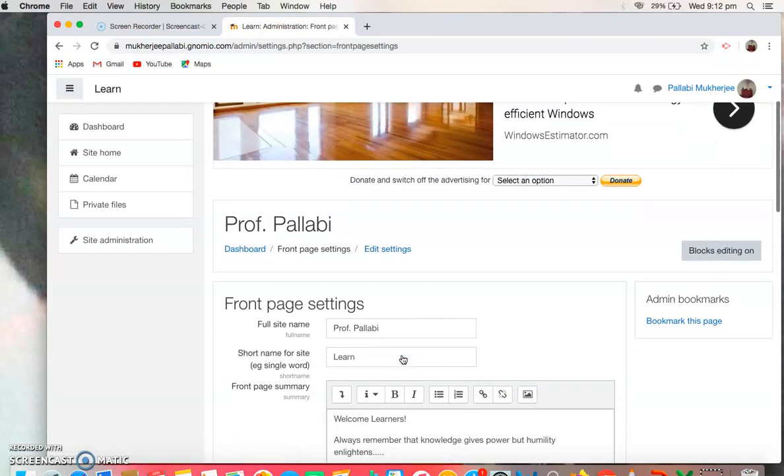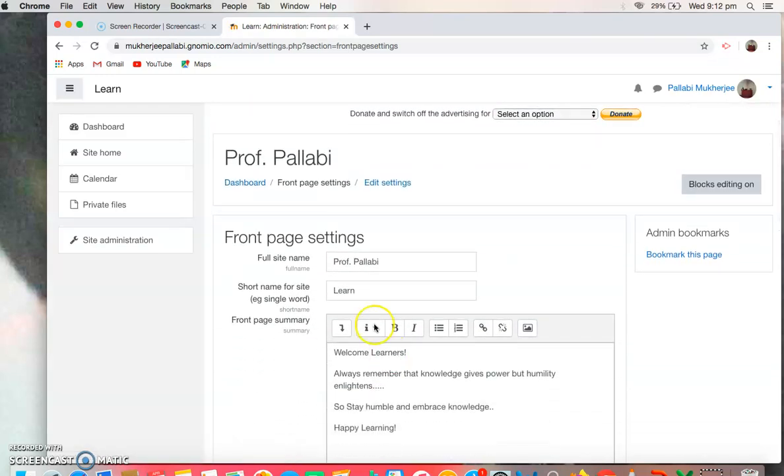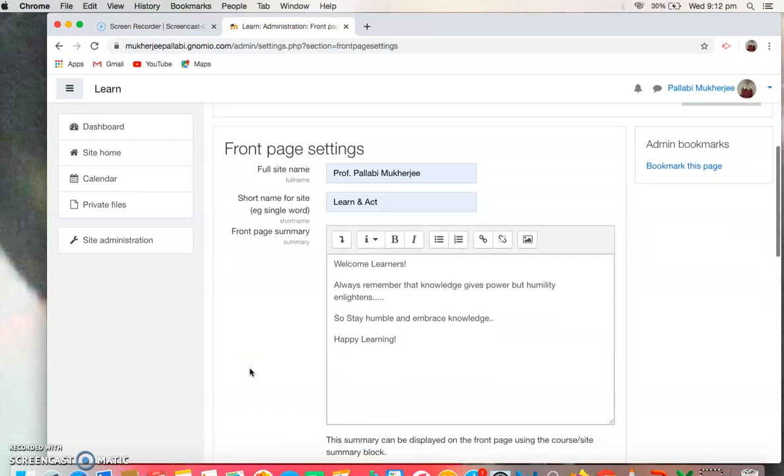And you can make whatever changes you want to your front page. Like I want to add my full name. I want to add this, learn and act. I have already added a summary for my front page. Welcome learners. Always remember that knowledge gives power, but humility enlightens. So stay humble and embrace knowledge. Happy learning.